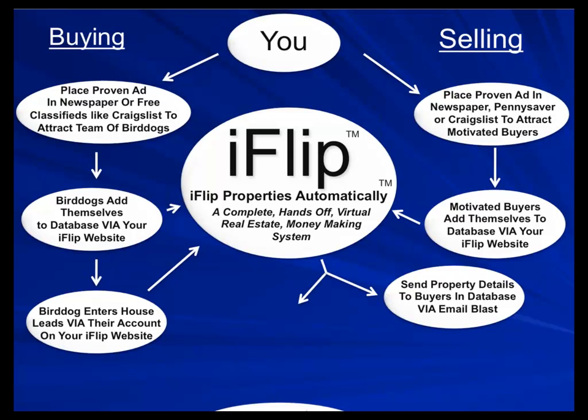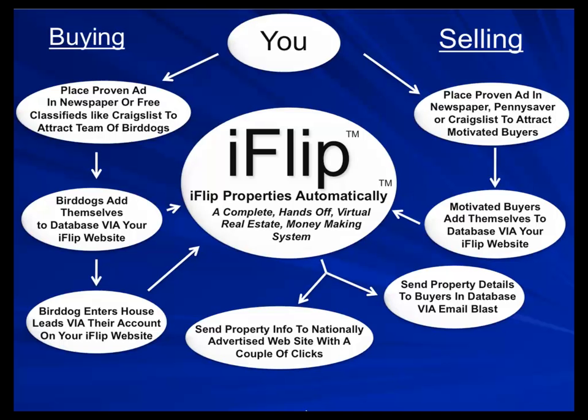And then what you'll want to do when you have a house in the system, whether you've added it or the Bird Dog's added it, with two clicks you can add it to the nationally advertised website. That's where you literally click yes, add it to the website, and submit, and it pushes the photos, the data, your description, all of that to our nationally advertised website, where we drive traffic. On your behalf, we do search engine optimization, Google AdWords campaigns. We're driving all sorts of traffic to our nationally advertised website so that your house gets national, frankly, international exposure. And anytime anyone expresses any interest in your property,